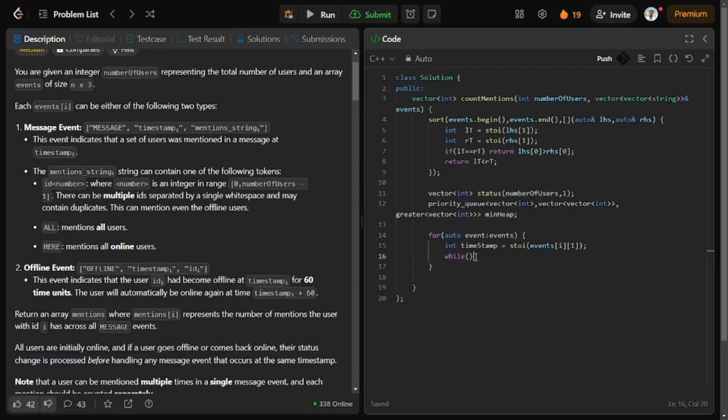So in that case, we can do the processing right here, and that processing will depend on whether the min heap has an element or not. So min heap should not be empty, and the top of the min heap is having a value that is smaller than or equal to the timestamp of this event. If that is the case, then this user should come online. So I need to pop